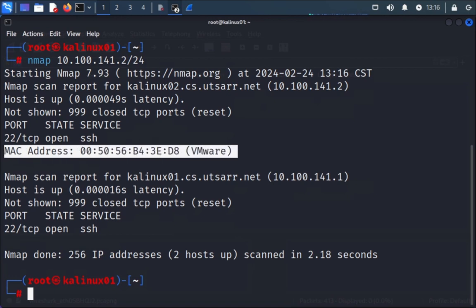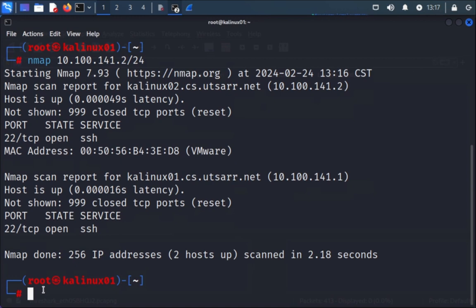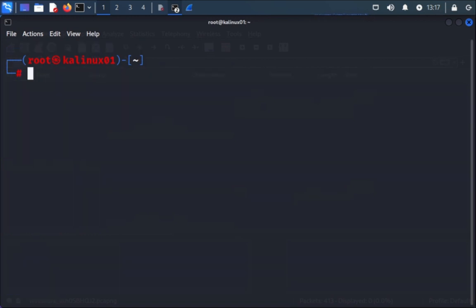That is, you have another machine, 10.100.141.2, running on the VMware machine, the virtual machine. So let us see another command. Another way is by giving nmap